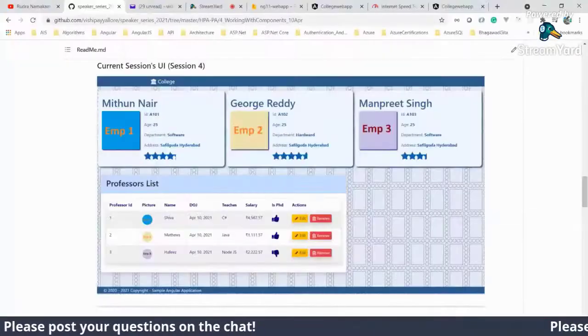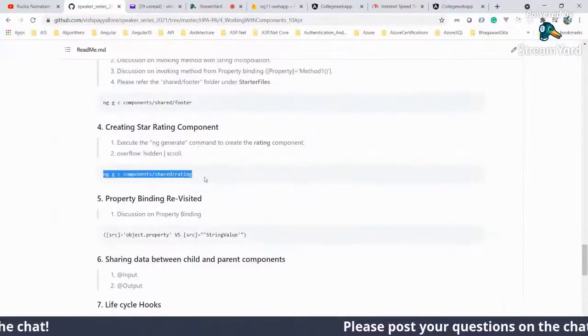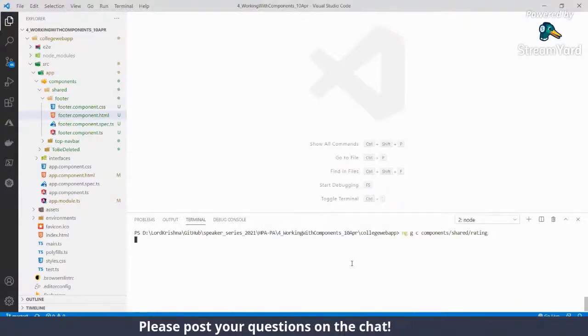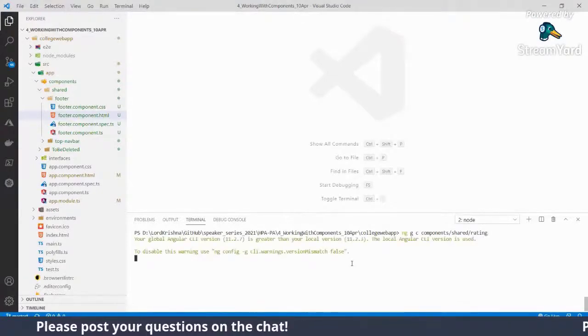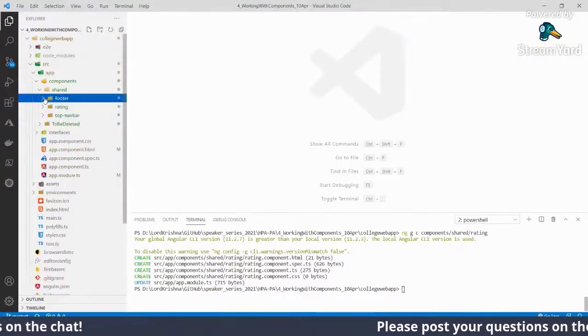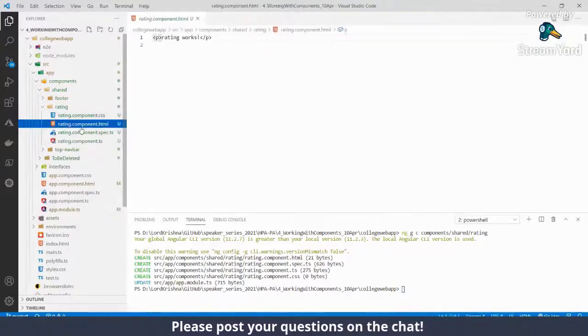So we have to execute this command. I just gave all the commands here. First we execute ng generate component shared rating. It creates a folder called rating here, so the rating component appears.